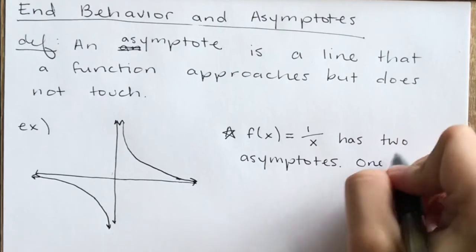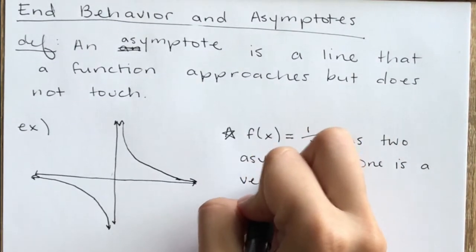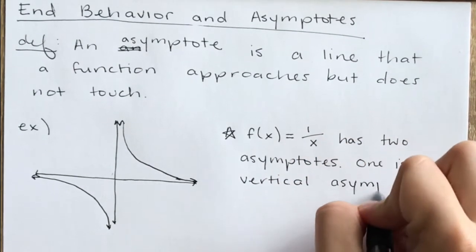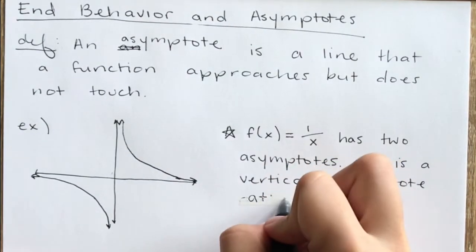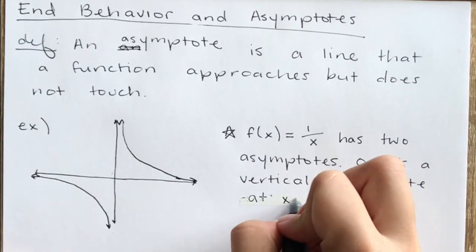One is a vertical asymptote at x equals 0,